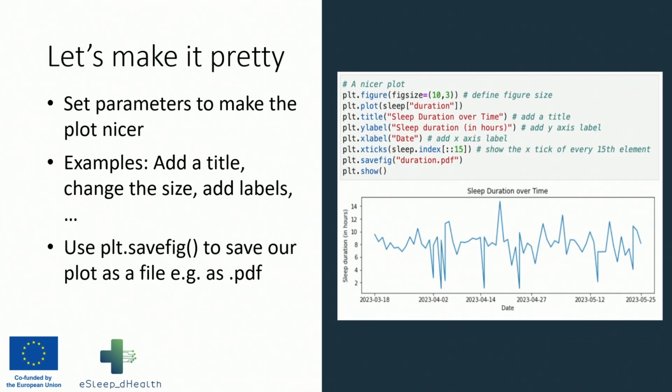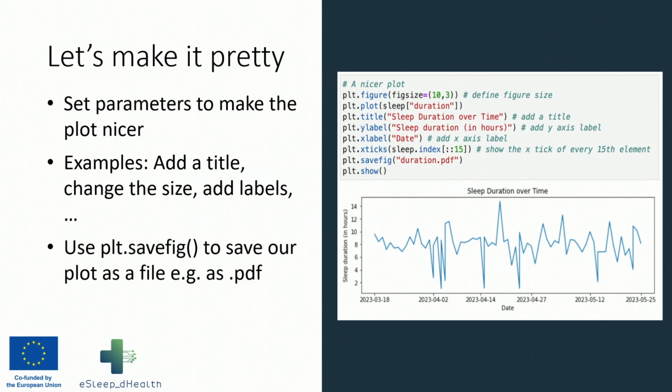So here we can add a title to our plot. We can add axis labels. We can also edit the axis ticks. So for example, on the x-axis, we had a huge mess before with too many dates. But this way, we're only adding some of the x-ticks, and it looks a bit nicer. Then we edited the format of the plot, so it's wider and can show the timeline better. And also we added one